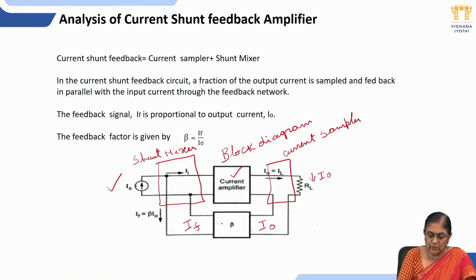The source must be current source. Therefore, the output of the feedback network is IF. After identifying input and output signals of the feedback network, you can easily find the gain of the feedback network, or feedback factor, which is the ratio of output of feedback network to input of feedback network. So beta is equal to IF by I0,